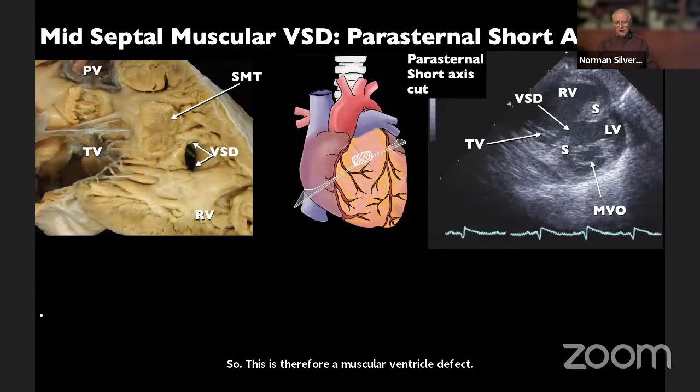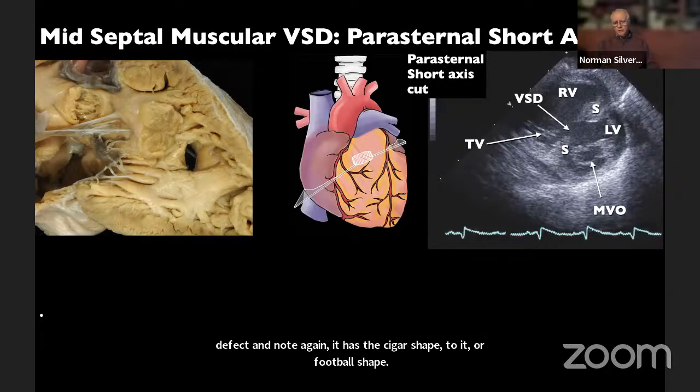And here in the short axis in this patient, you can see the ventricular septal defect. Here's the tricuspid valve. So there's muscular tissue all the way around this defect. And note again, it has this cigar shape to it, or football shape, American football or rugby football, but not